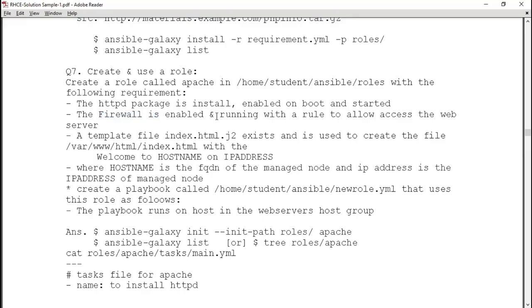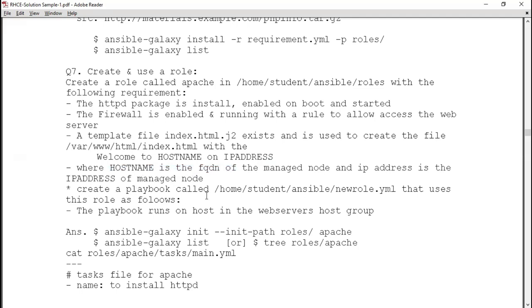The firewall is enabled and running with rules to allow access to the web services. Template file index.html.j2 exists and is used to create the /var/www/html index file with the content: Welcome to HOSTNAME on IPADDRESS. Hostname is the FQDN of the machine, and IP address is the IP address of the machine.